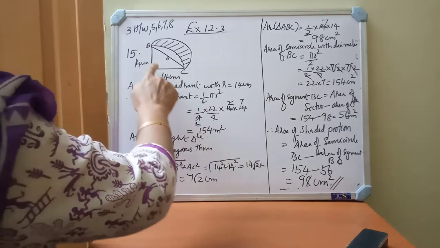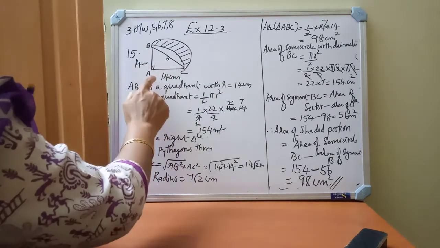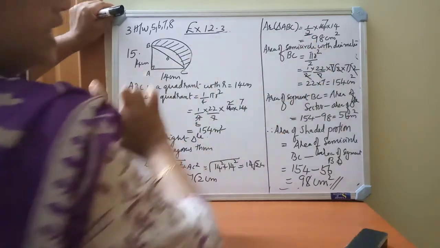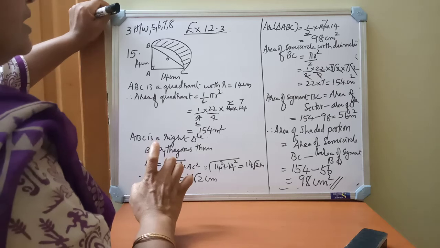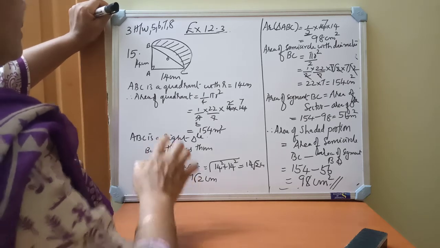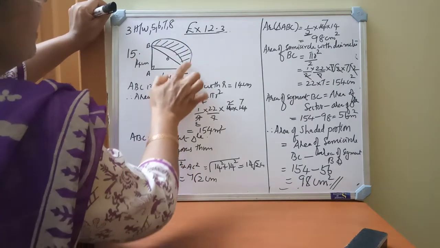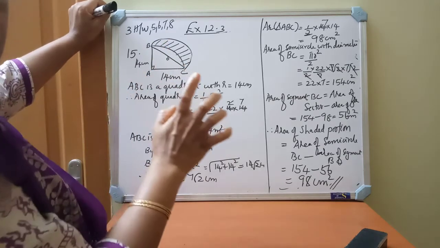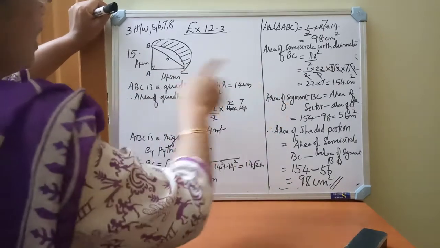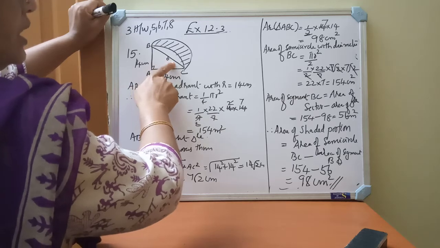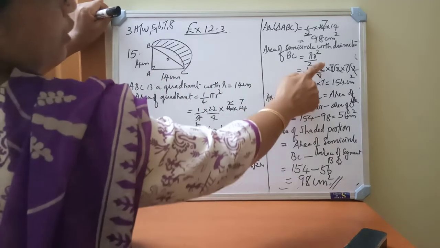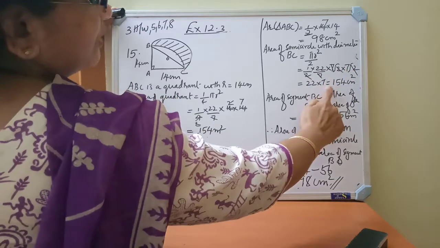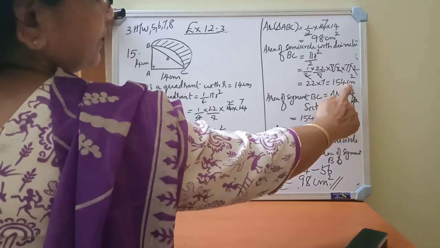Okay. So first I am going to find the area of a triangle ABC, half b h. So half into 14 into 14, we will get 98 centimeter square. Next, we must find out area of semicircle. This semicircle, full semicircle's area with BC as diameter. So area of semicircle is pi r square by 2. So r is 7 root 2, isn't it? So 1 by 2 into 22 by 7 into 7 root 2 into 7 root 2. Simplify it, you will get 154 centimeter square.